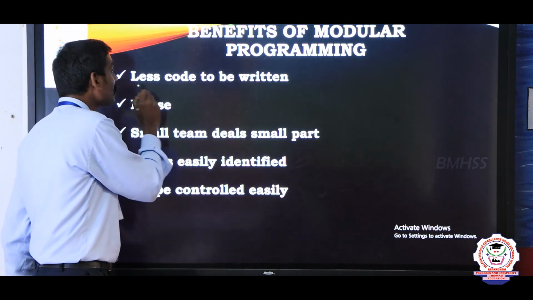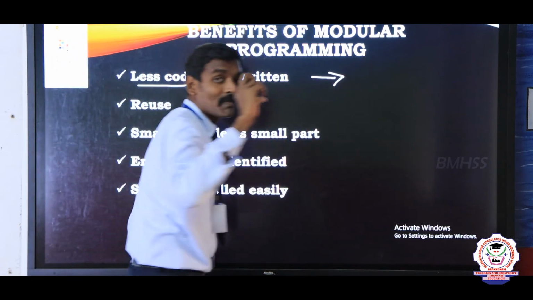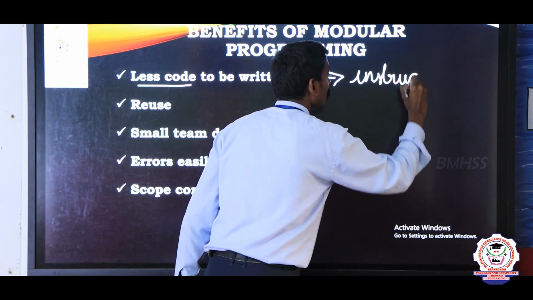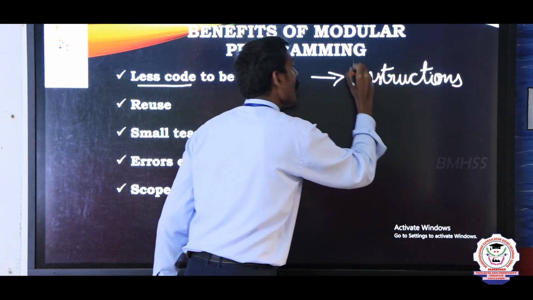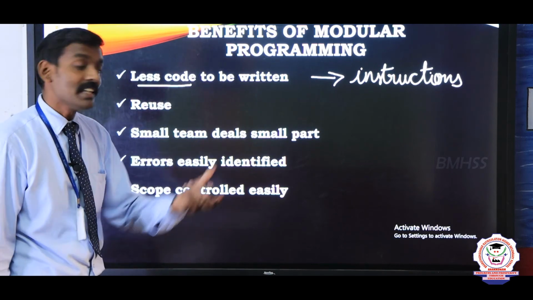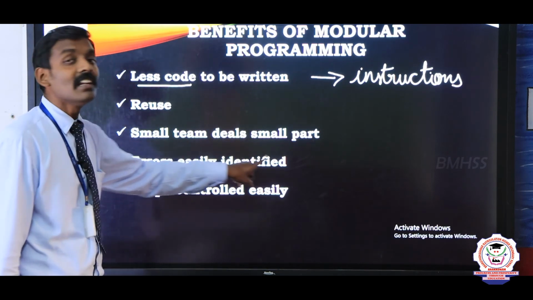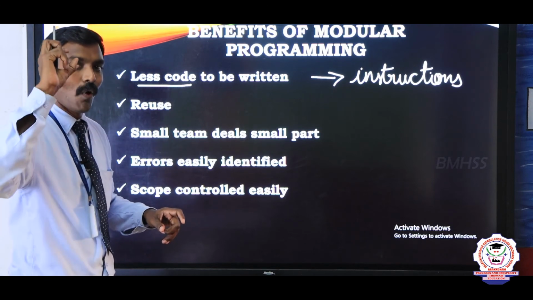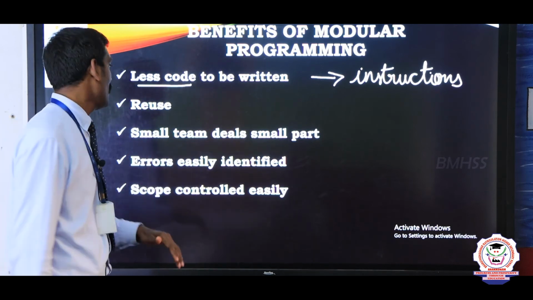That means less code. Less code means the instructions are in a minimum number of lines. So it is easily developed and errors are easily identified. Minimum number of lines means it is possible to view and go through each and every part, so we can easily find the error. Errors mean bugs.